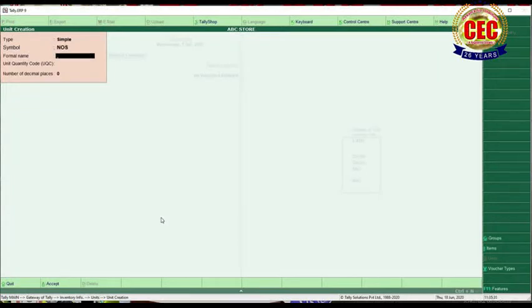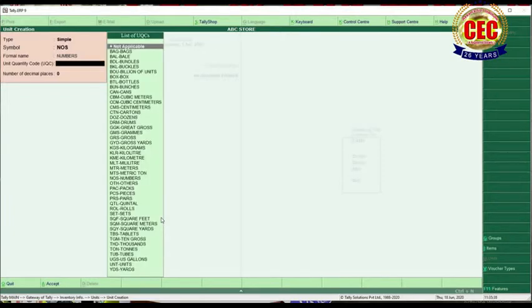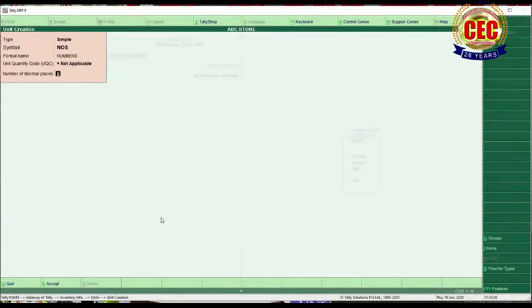NOS means numbers, the formal name is numbers. Unit quantity code, if you want, then you can select from here, or you can select not applicable. Then the number of decimal places should be 0.